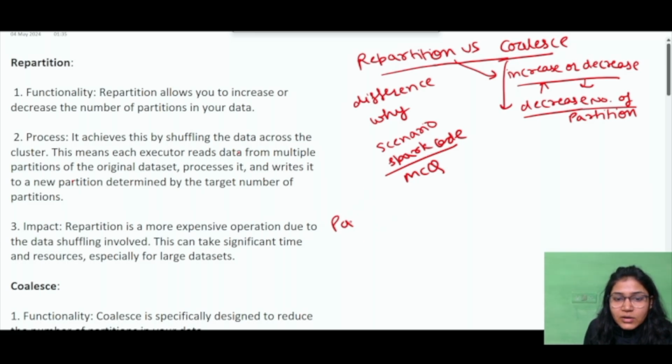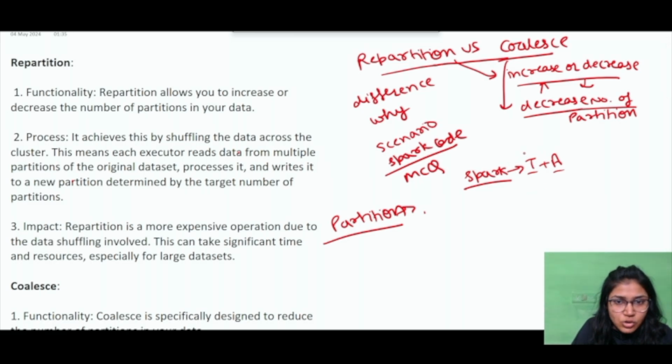Now, for those who might not know what exactly a partition is in Spark terms: say you have written your Spark code, and Spark code basically consists of transformations and actions, right? Transformations are the business logic which you apply. Say you are reading the data, filtering some data, doing some aggregation, creating some new columns, deleting them; any kind of transformation will be categorized under this.